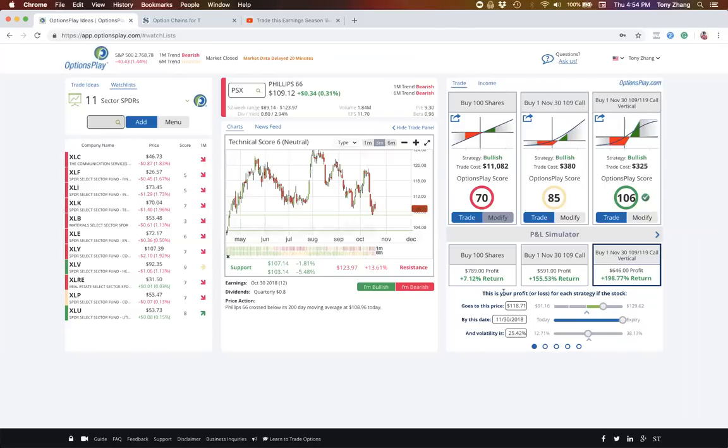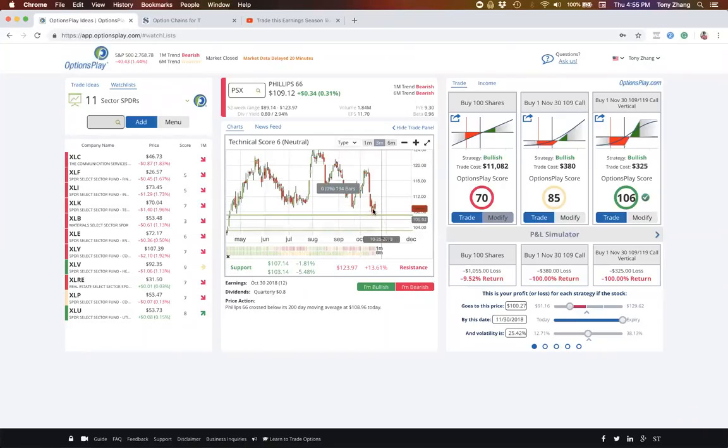Let's see what the impact of that is. So we talked about this stock maybe going back up to the previous high, which is around 118, 119. So let's say we think it's going to go to 119. Here, as you can see, if I bought the stock, a 7.3% return, which is pretty good in 45 days. But if you bought the call option, you make a 163% return on your money versus the spread, a 207% return. So an additional 40% gain on your trade, while, keep in mind, minimizing your risk to the downside,